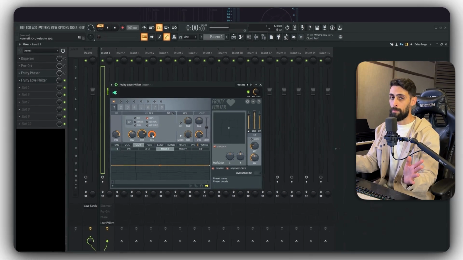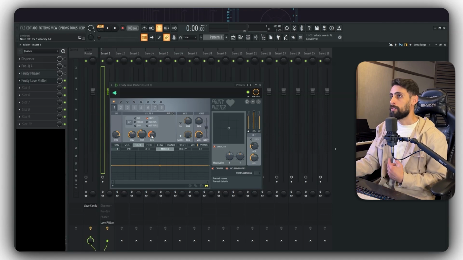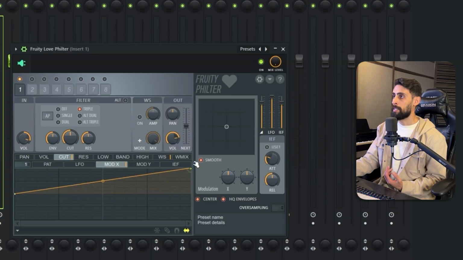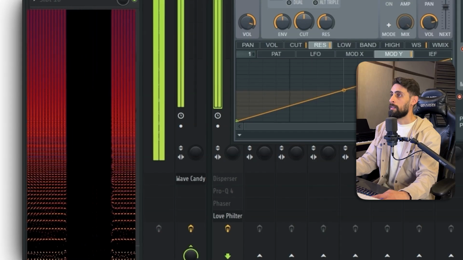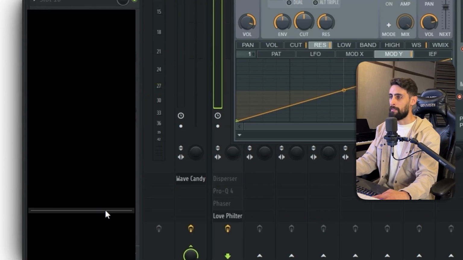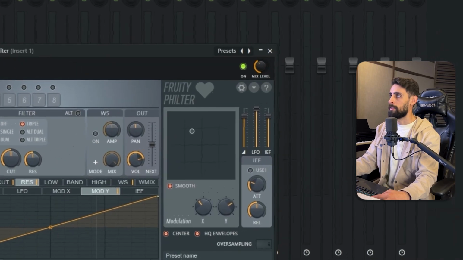So this is what we're going to be working with. I want all the filters to follow the same amount of resonance and cutoff. So in order to do that, I will go to cutoff here, to mod X, and map it all the way. And same for the resonance, mod Y, and map it all the way. And make sure smooth is on because this will smooth the envelope. You can hear the effect and see it now. And if we blend this with the dry signal,